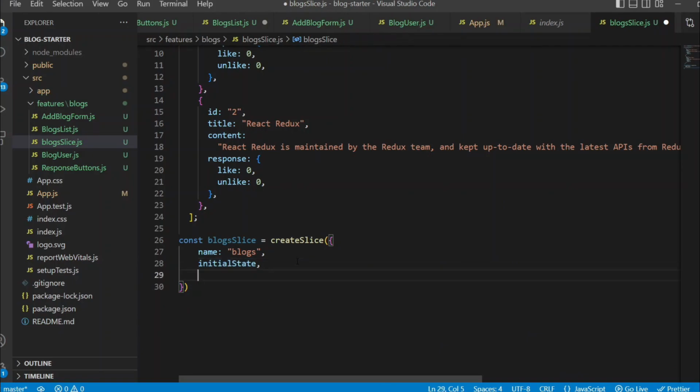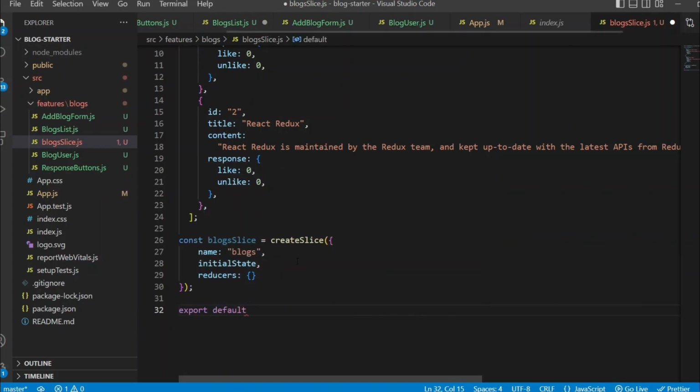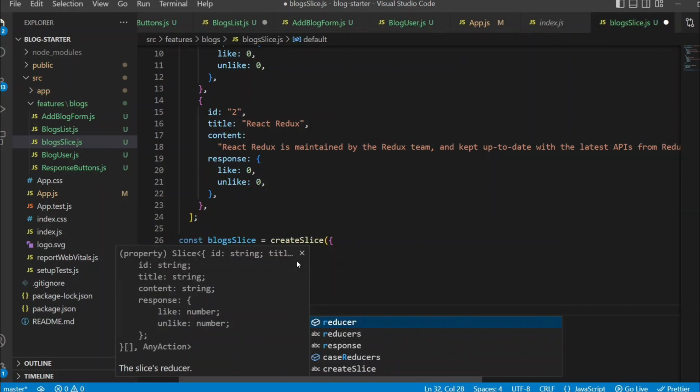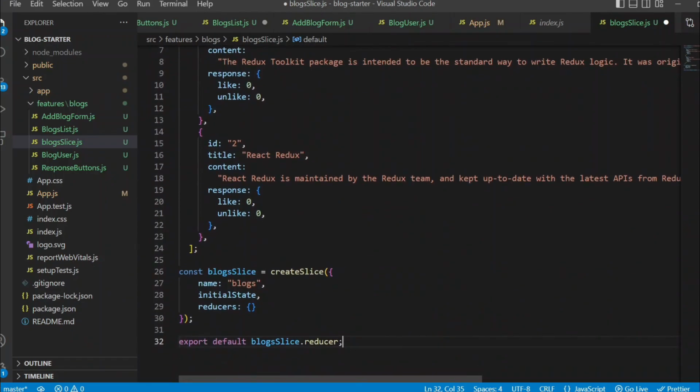Now we are going to have a reducer in which we are going to write an action. At the moment let it be empty, and let me export this one. So export default blogSlice.reducer. So we are exporting this reducer, and we are going to hook up this reducer in